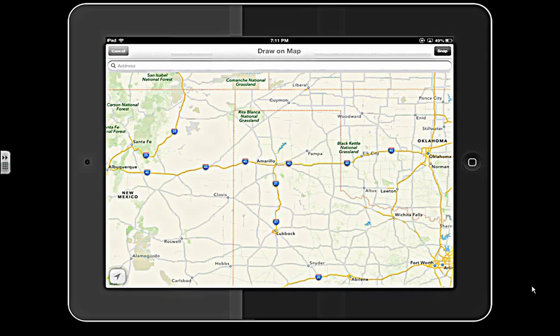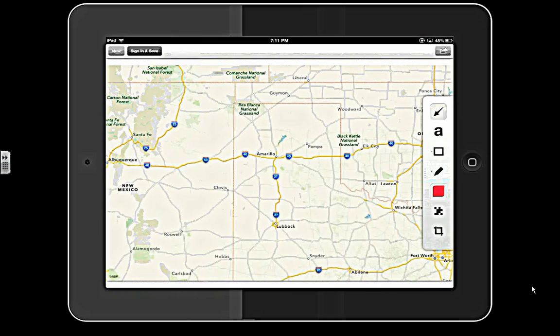When I do that, there's an icon in the top right-hand corner called Snap. And what that means is I'm going to snap a picture of it. So I'm going to click on Snap. And when I do, it's going to pull a picture of the map that was showing on the screen into Skitch. And I can mark this up, annotate it, draw on it,